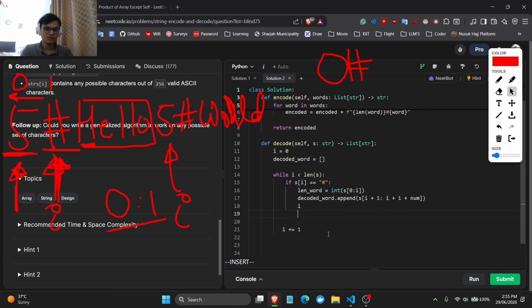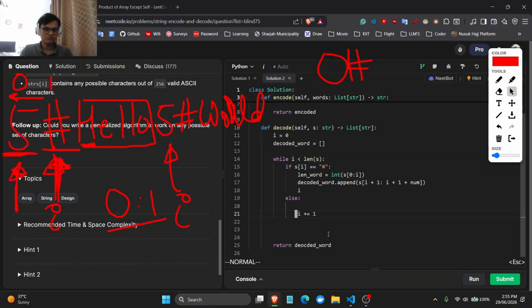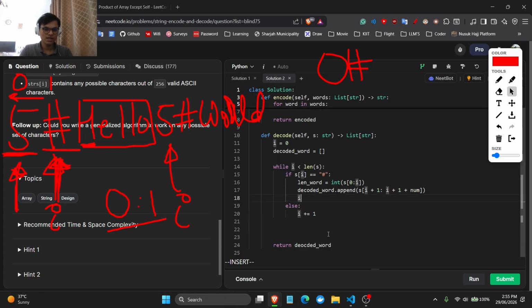okay, I figured out what's wrong. So else, okay, and then we do I is equal to I plus 1 plus num, right? So I plus 1 plus num. Because here I is 1 and num is 5, you'll see this is 2, this is 3, this is 4, this is 5, this is 6, this is 7. 2 plus 5 is 7, so it will start from here, and then we'll check, okay, is this it? No, is this it? Okay, is this it, then it's here.